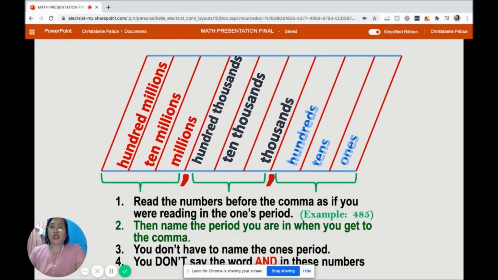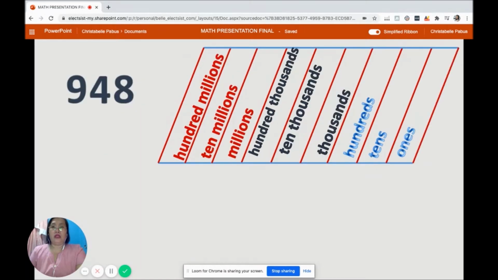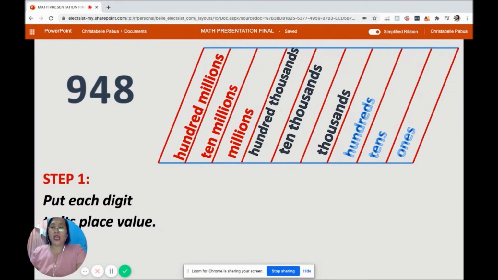With the place value illustration, you read the numbers before the comma as if you were reading in the ones period. Example, 485. Then, name the period you are in when you get to the comma. You don't have to name the ones period. You don't say the word "and" in these numbers. Example, 948. Put each digit in a place value chart. So 8 should be put in the ones digit, 4 in the tens digit, and 9 in the hundreds digit. So you are going to read it as